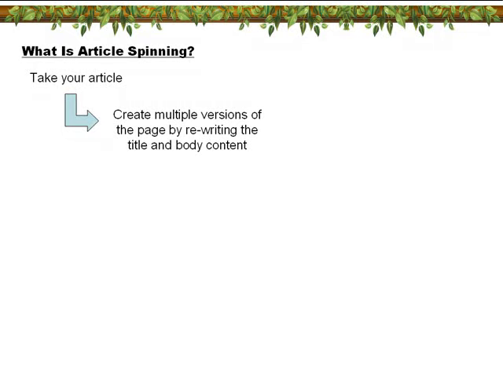So in terms of Google, it looks at duplicate content. Now I'm saying that in quotes, duplicate content, because again, there is no duplicate content filter. What there is, is a competition filter. So you're competing for the same exact content on multiple sites. Now, by creating multiple versions of your content, by altering the title, altering the body content, just a sentence here, a sentence there, this modifies the chances of you actually getting picked up and removed from the index